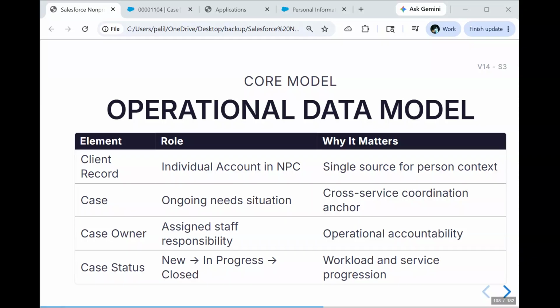As you look at this slide, think of each row as answering a different question in the process. Client record is an individual account in NPC. That is what you look at when you need single source per person context. Case is the ongoing need situation. That is what you look at when you need a cross-service coordination anchor. Case owner is the assigned staff responsibility. That is what you need for